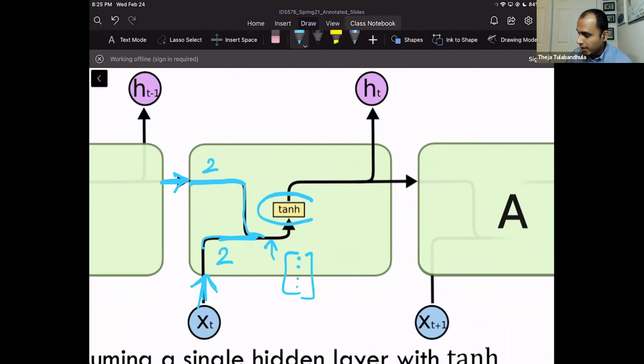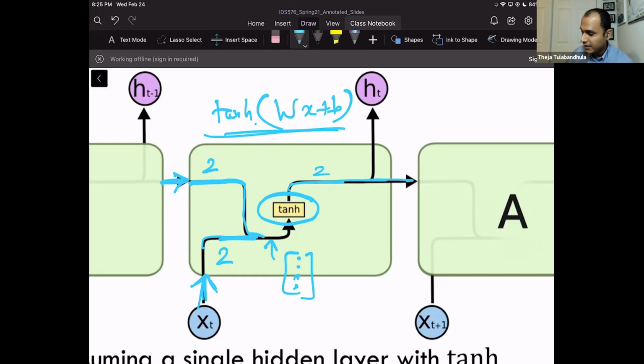That goes into a fully connected layer, and it says tanh over there, which means that fully connected layer with the tanh nonlinearity. The input is 4 dimensions to this fully connected layer. A fully connected layer just means Wx plus b, right? And then the tanh operation is applied. I didn't tell you what the output dimension is, but if the previous thing returned 2, then this should also be 2, because I'm just passing it to the next block, and that should be the input to the next A.